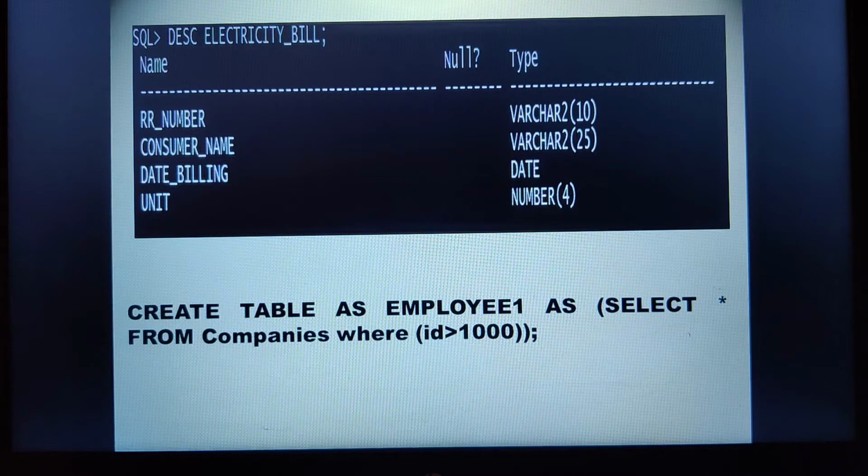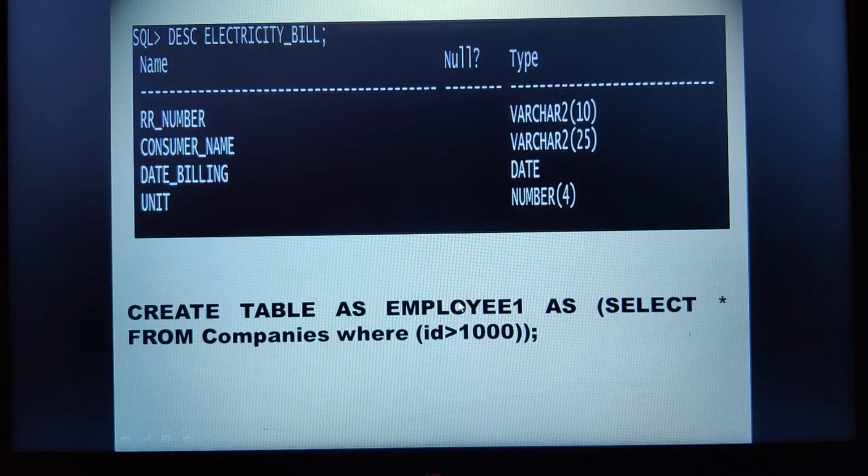But I am creating a new table known as employee 1 by selecting certain columns and data from companies, and I am mentioning the condition where ID is greater than 1000. So all those records from the companies table will be created in the table known as employee 1.